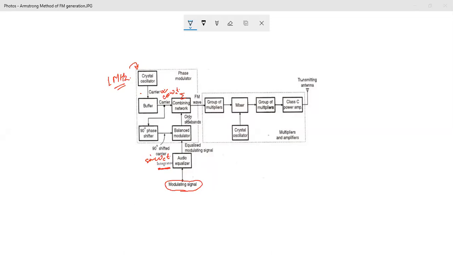So now here we will have a combining network. What is this combining? यहाँ पर अभी एक चीज और है कि ये जो balanced modulator है, what will this balanced modulator do? What type of signal will this balanced modulator produce? We have already seen this in the earlier classes, that the balanced modulator generates DSBSC, double sideband suppressed carrier signal. So after passing through this balanced modulator, we only have the 2 sidebands.